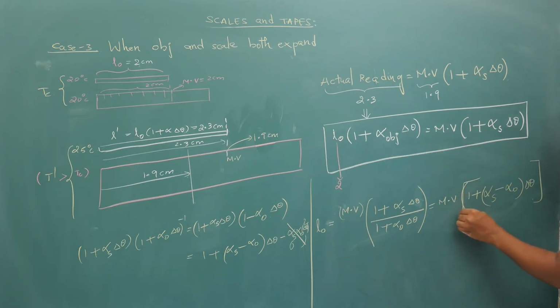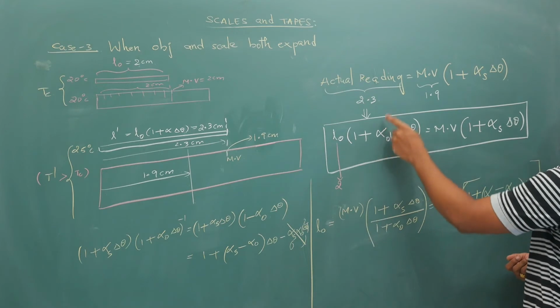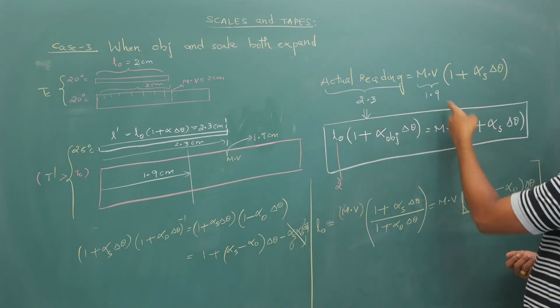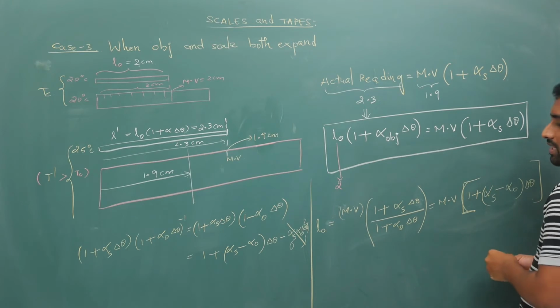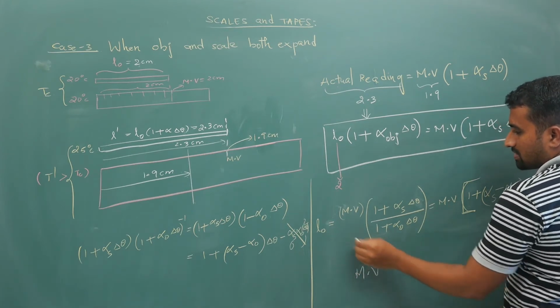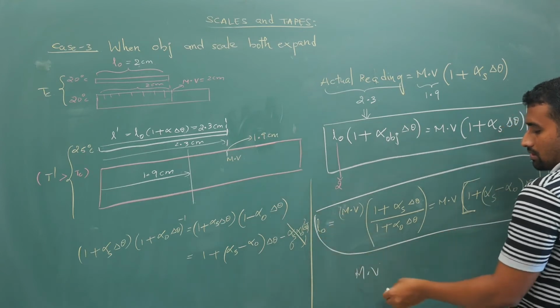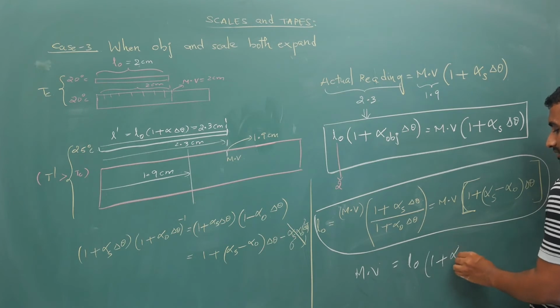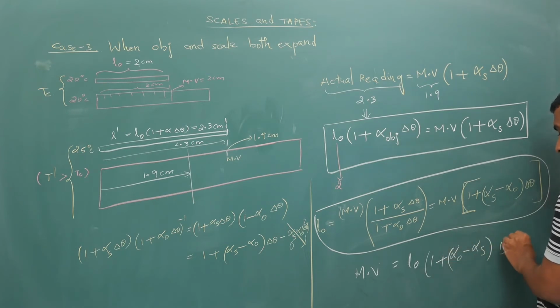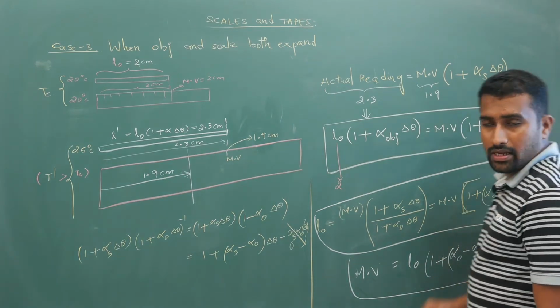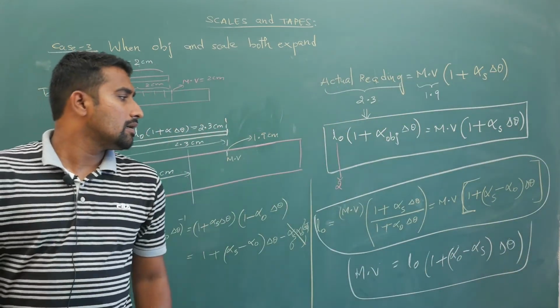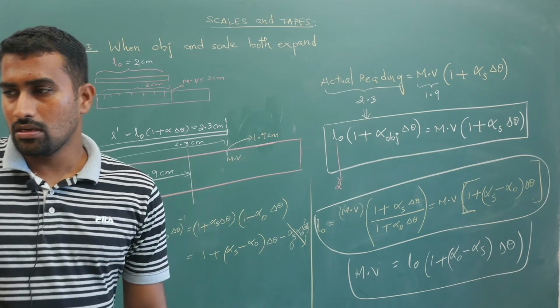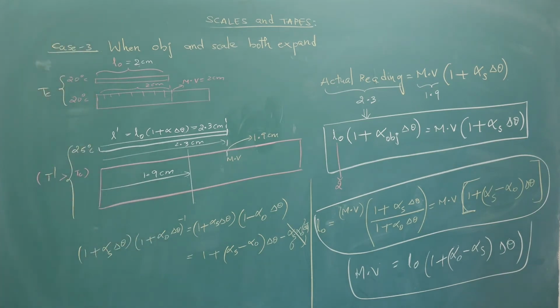Depending upon what is asked in the question, you have to do it. If you are asked L naught, the true length at correct temperature, and you are directly given the true reading, you can simply do this. And if you are asked the measured value, this is an expression for L naught; your measured value, following the same logic, is L naught times 1 plus alpha of object minus alpha of scale into delta theta. Do the rearrangement depending upon the question: read the question carefully, substitute the values and get the result. So this is how you are supposed to calculate it. Hope there are no doubts.